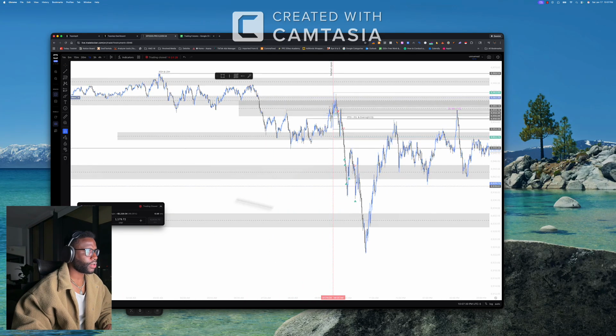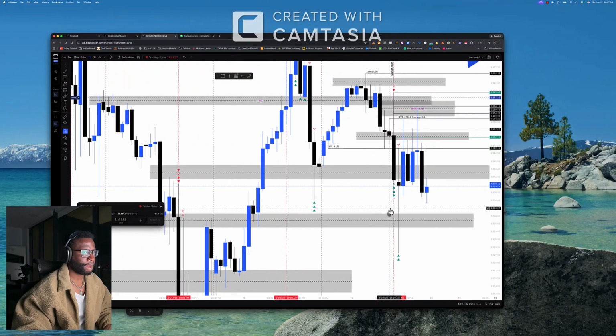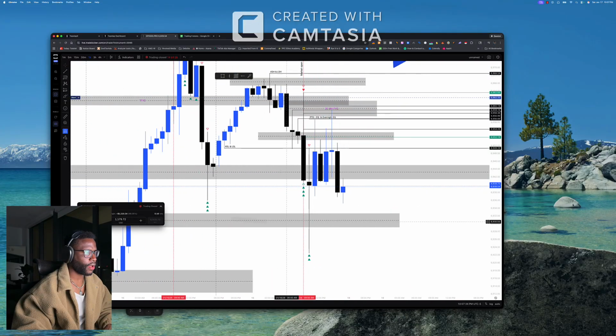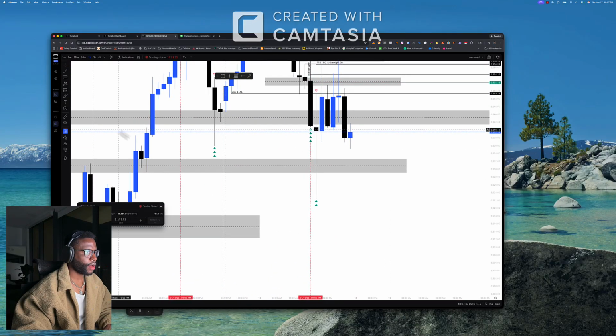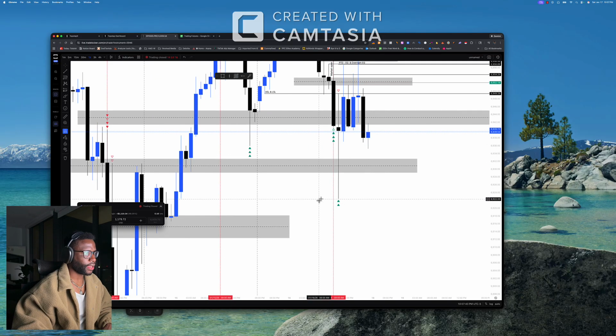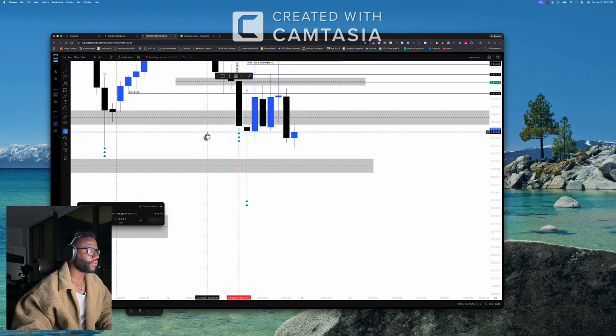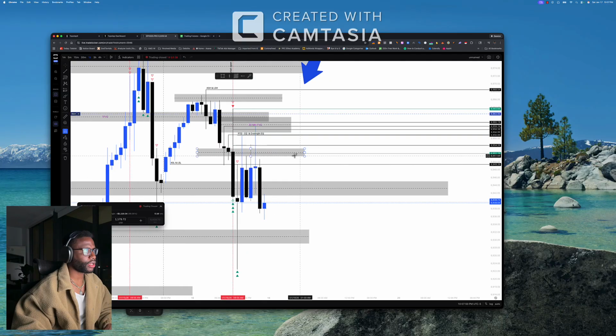And if we go back on the 1 hour, let's see. Yeah, because there was nothing else stopping us from going all the way down here. But yeah, I had it all the way down here for me to take profit, and it kind of worked out. So good stuff. And that was the trading day for the week.